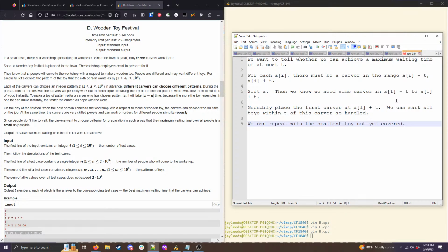That choice is going to need to be covered by some carver, and since it's the smallest one remaining, we can add t to its position. And then again, we can mark off all the choices that are handled by that carver. And so then that lets us check if it's possible to achieve a maximum waiting time of at most t,